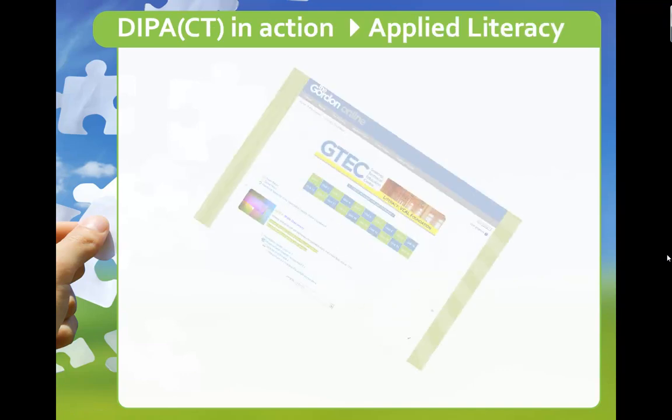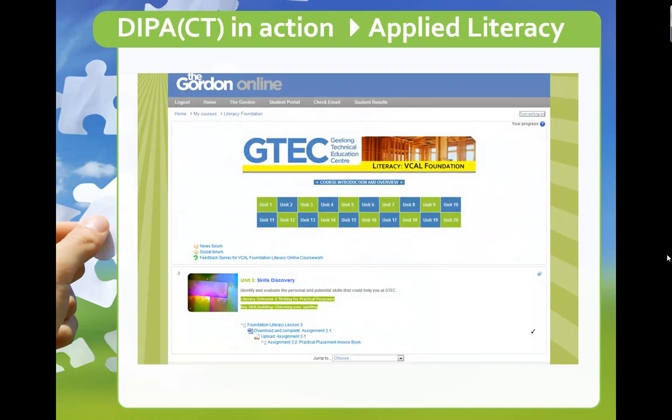Okay, so we're going to move on now and look at DPACT in a slightly different way and with a slightly different subject. In this case, we're going to look at applied literacy. Now, what you're looking at here is the Moodle interface for one of our applied literacy levels, and in this case, it's foundation level. So this is the first level that our learners